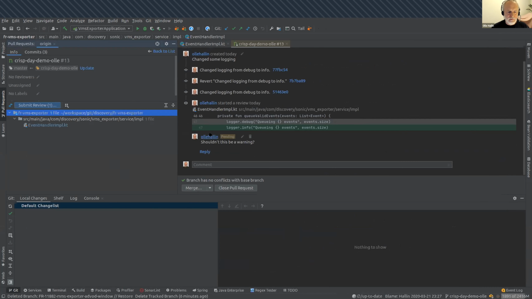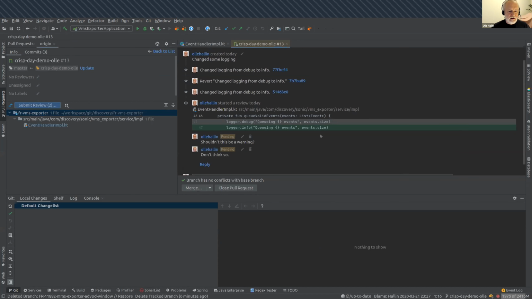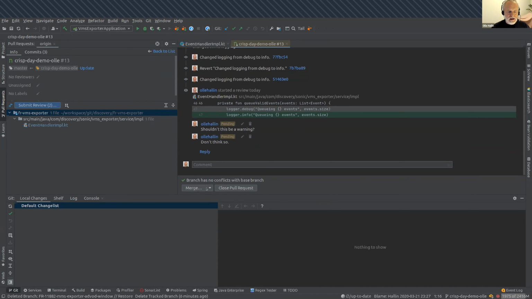And you can see the comment here. I can do a reply, like you do when you have this pull request conversation with people. Don't think so. I reply to myself like that. And if I want to, I can merge or squash merge this pull request, but I choose to